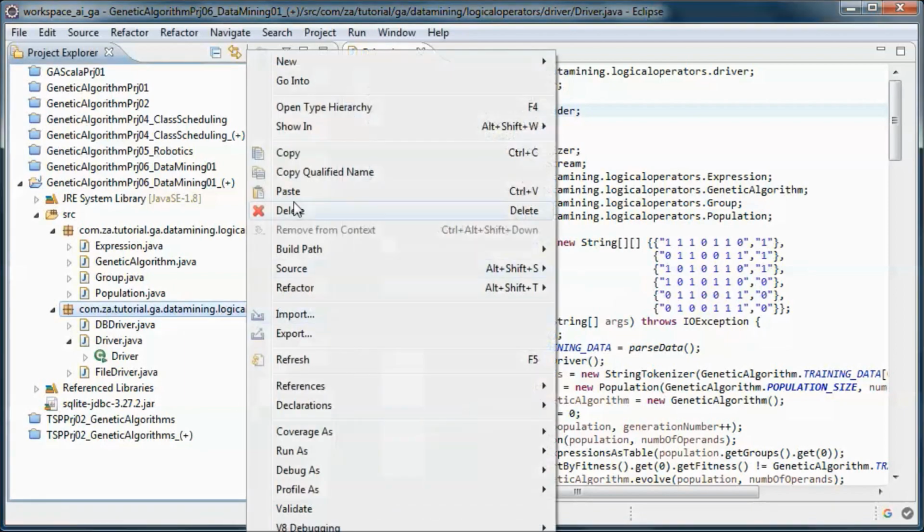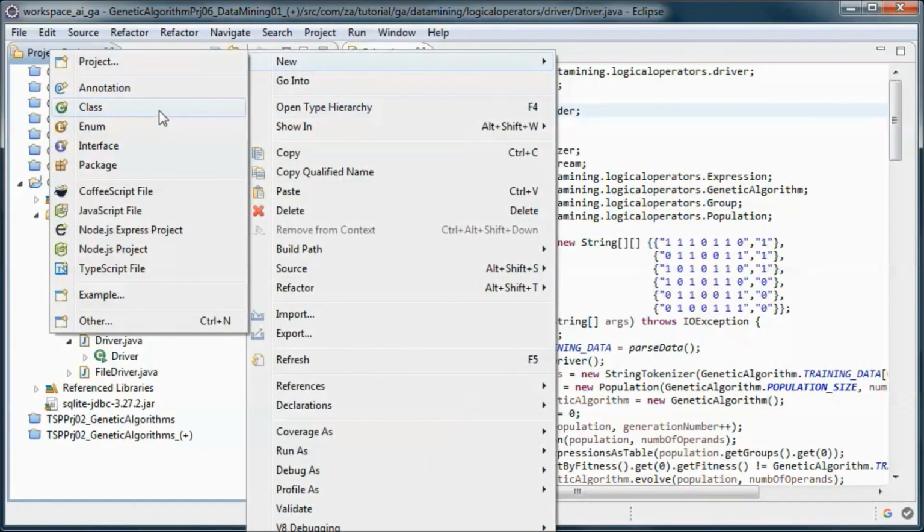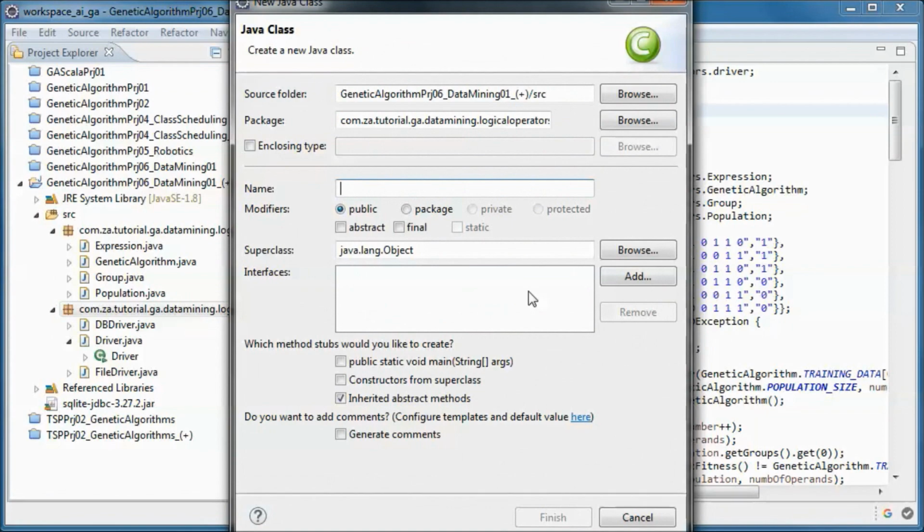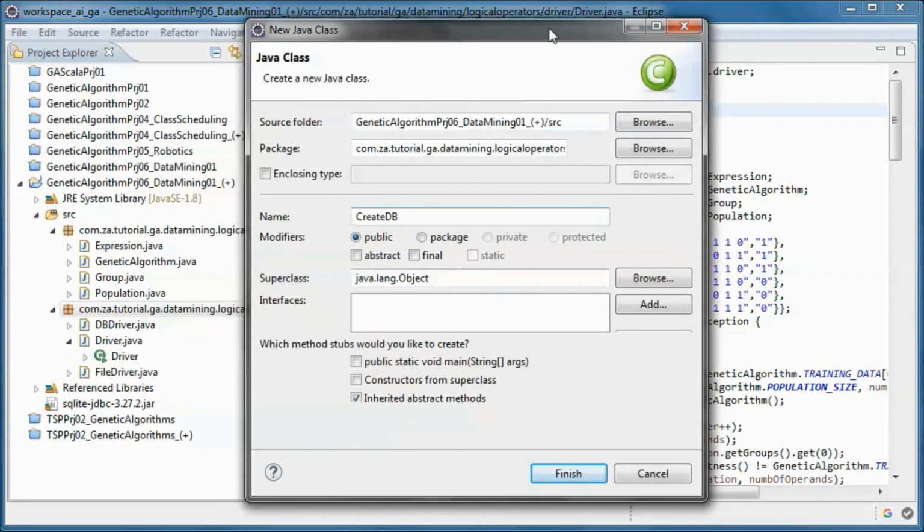And we will have this class that will create the database and populate it with events and the expected results.